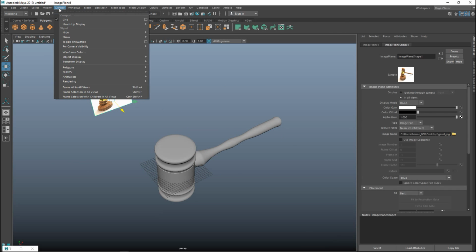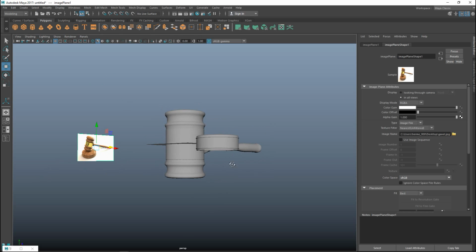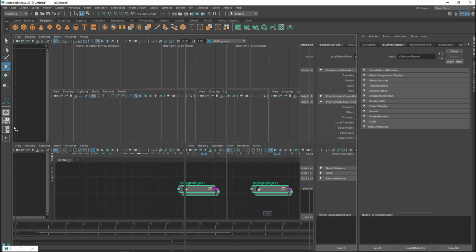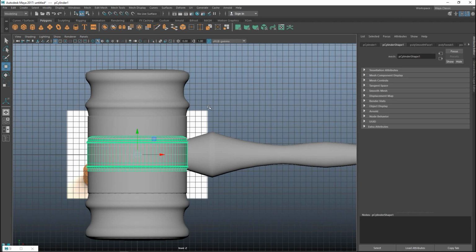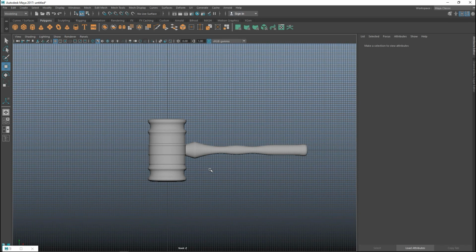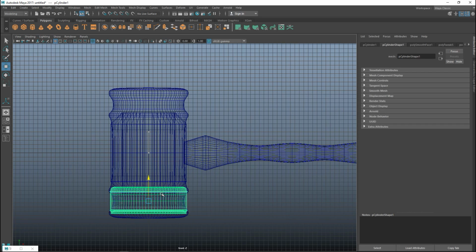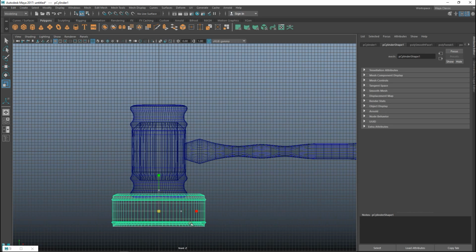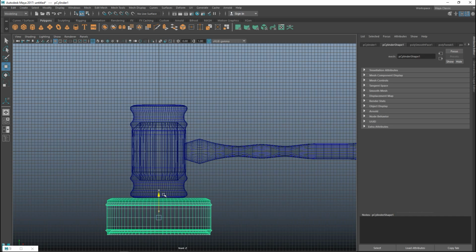Then we're going to go to display and show all, and there is our whatever that thing's called. It's too big, as you can see, so we're going to get that into proportion. Hit 5 for shaded mode, and let's select that reference image and delete it. Okay, so hit 4, our guy is right there, bring that down, we're going to hit R to scale it, W to move that down like so,